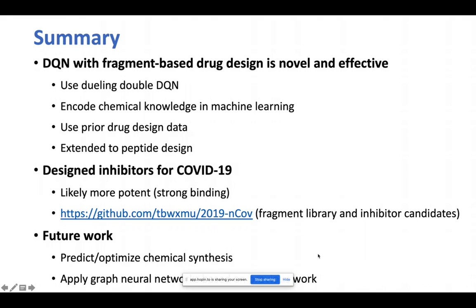So the first question we have is, what do you think about hydroxychloroquine that is being recommended by President Trump? Yeah, of course. Those recommended chemicals, I think they're very promising. But you see that drug design is not that easy. Typically, it takes $1 billion to develop an FDA-approved drug. So even though there are some promising candidates, I still believe there's room for new development. And in our case, we believe our drug candidates are more potent. So we see that's still a meaningful development.